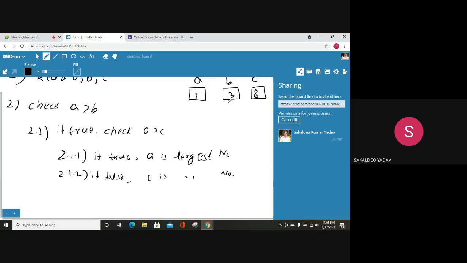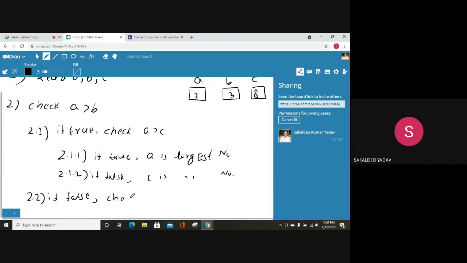A is not greater than B, so then you just try to find 2. If this condition is false, then check.